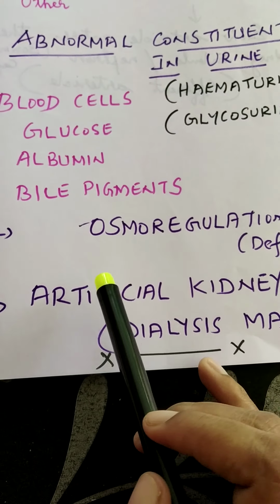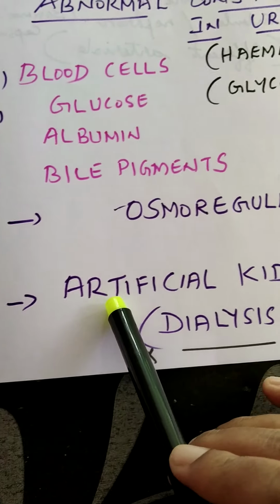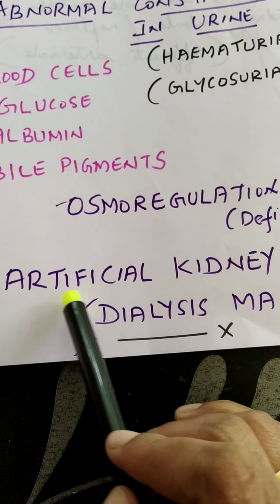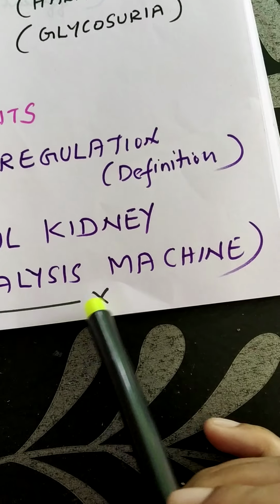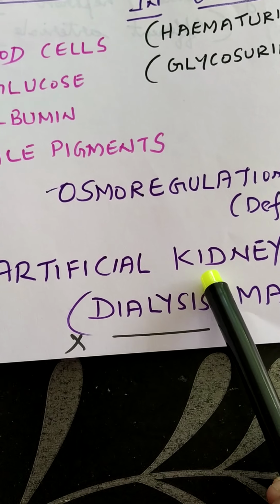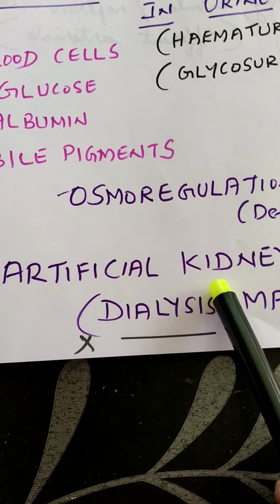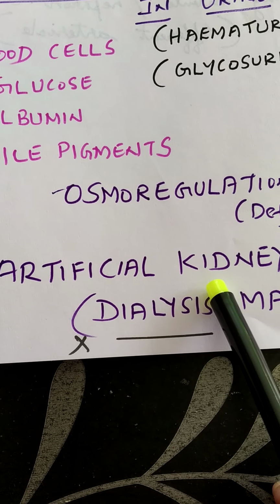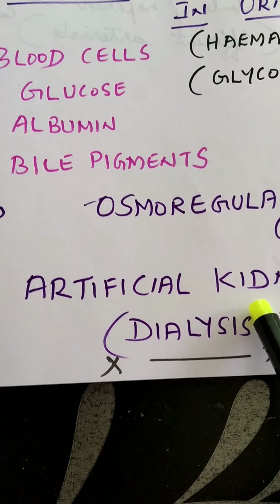And moving on to the last topic of the chapter, that is artificial kidney or a dialysis machine. So what is this artificial kidney? In case the person's kidney is not functioning properly, that means if both the kidneys are not functioning properly,